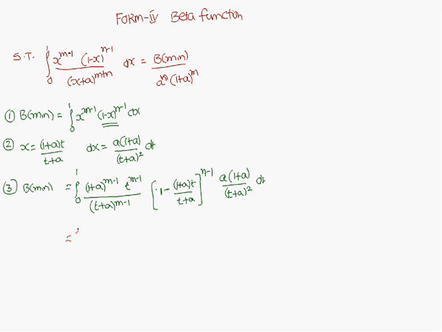This is nothing but integral 0 to 1. We will do the simplification according to the problem. According to the problem, what we have to get is one term a^n, and the term (1+a)^m, and also one more term. So we will try to get those terms.